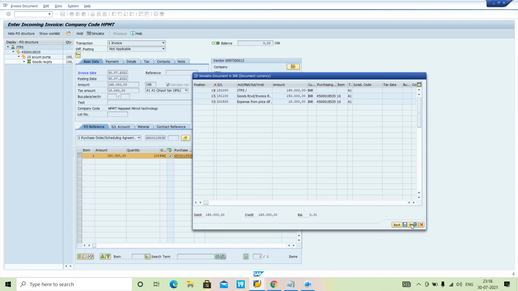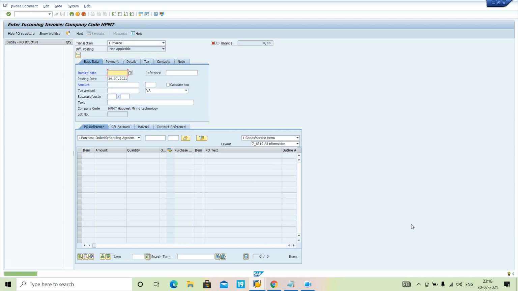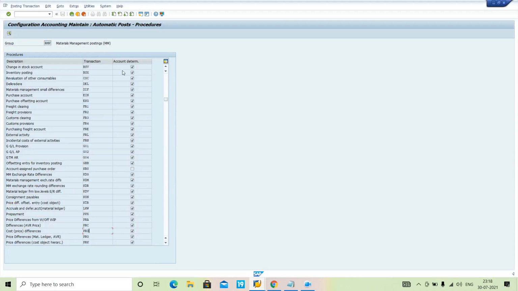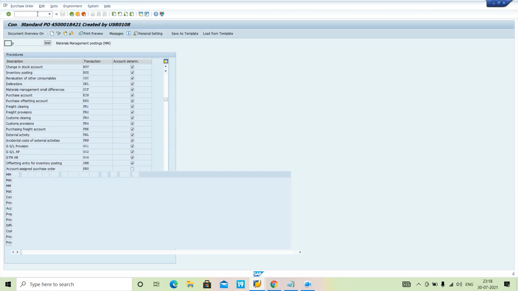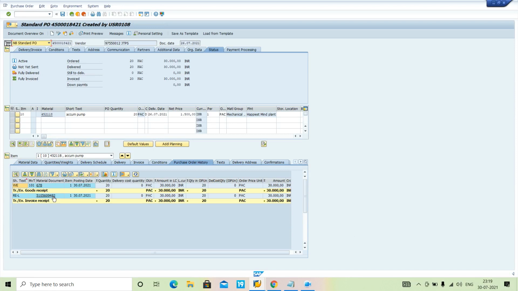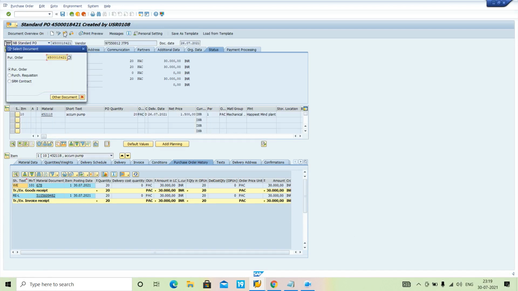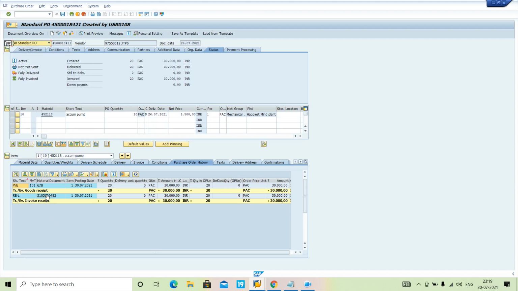Just I have to post it here. See, the document number is created. Also I can check the same thing in the PO order also, /NME22N. I'll go right, as I can see. No other document I have to open. Okay, click on paste. Sorry. Okay, no issue. I'll show you here also. It's also a goods receipt. It may also have taxation, I think. Yeah, I think so.